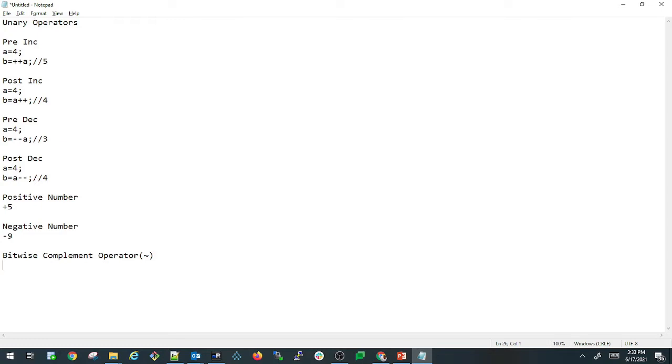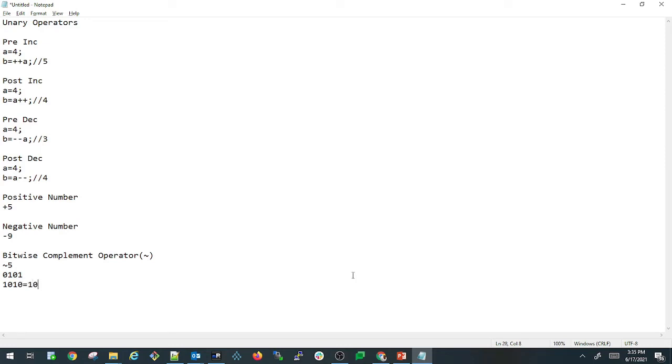Let's calculate the bitwise complement for 5. The 5 can be represented as 0 1 0 1, which is the binary representation of the value 5. The bitwise complement for 5 is obtained by inverting all the binary digits, which means all the zeros become 1 and the ones become 0. So the bitwise complement for 0 1 0 1 will be: the first 0 is converted into 1, the 1 into 0, the next 0 into 1, and the 1 into 0, which equals 10.